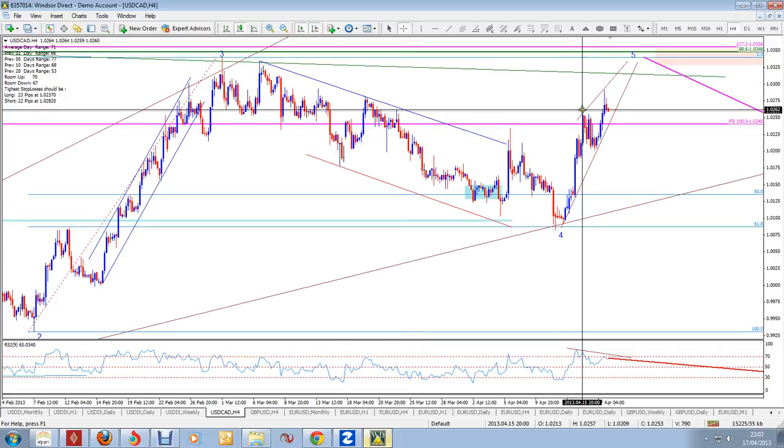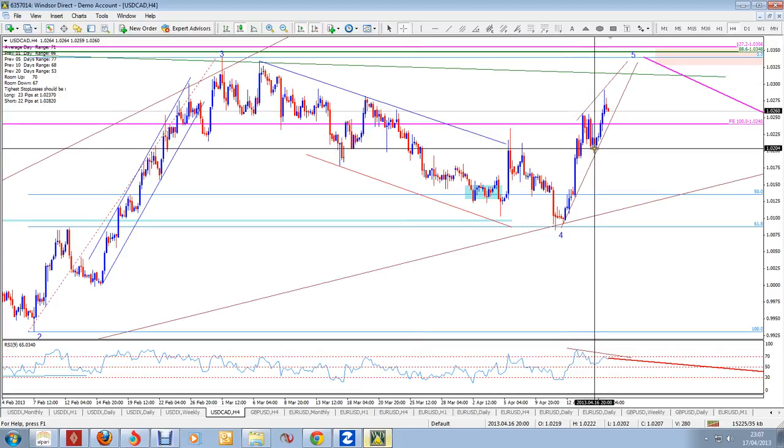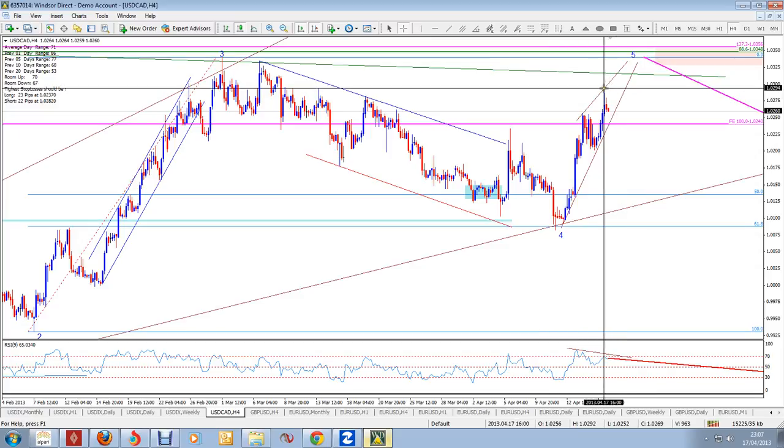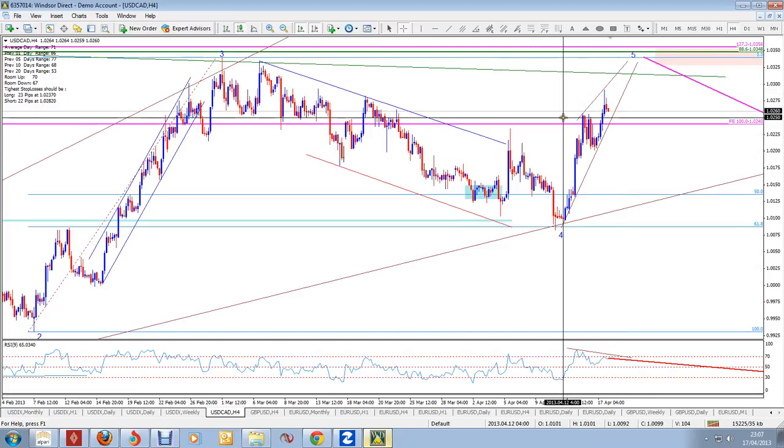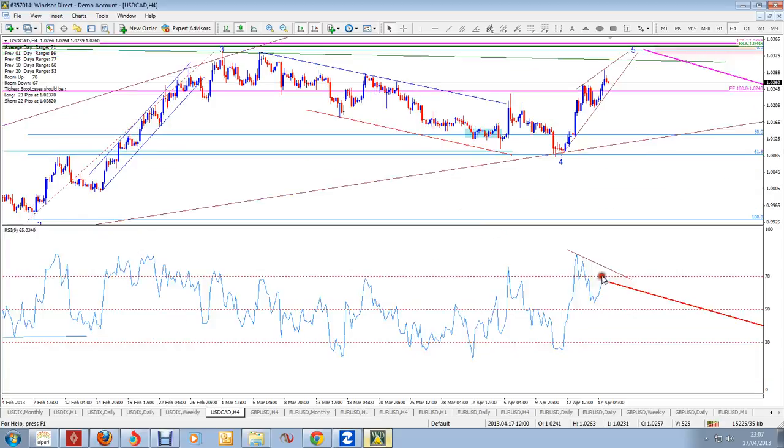Looking at the US dollar with the Canadian dollar, you can see it came up very strongly as wave 1 maybe. This is wave 2, and either wave 3 is finished or is in the process of completion, but it gives me the appearance of a possible rising wedge pattern formation. If you look at the RSI, this is very steep,